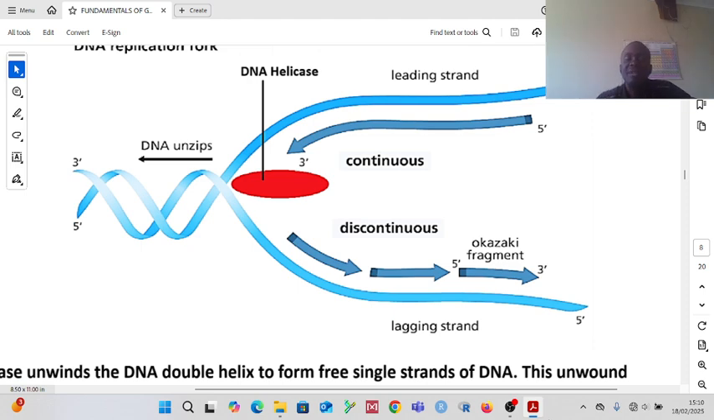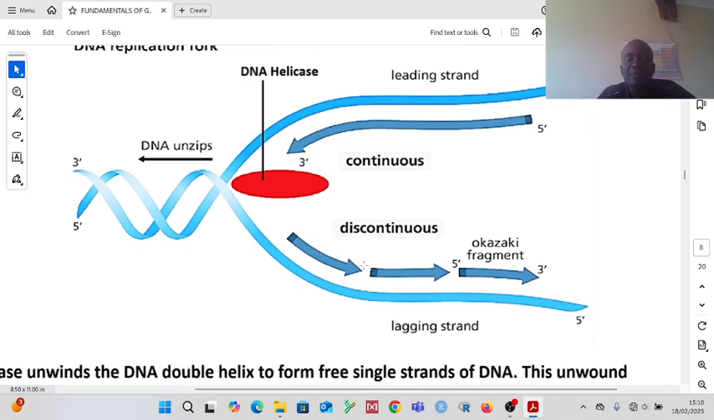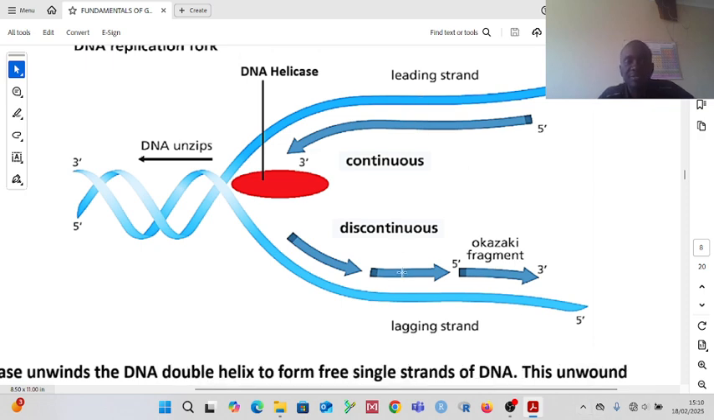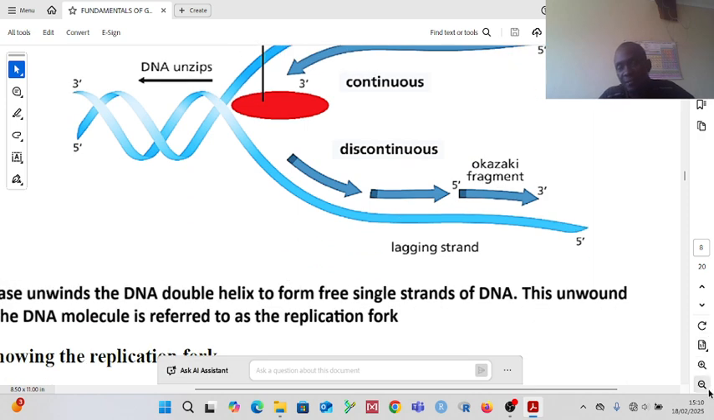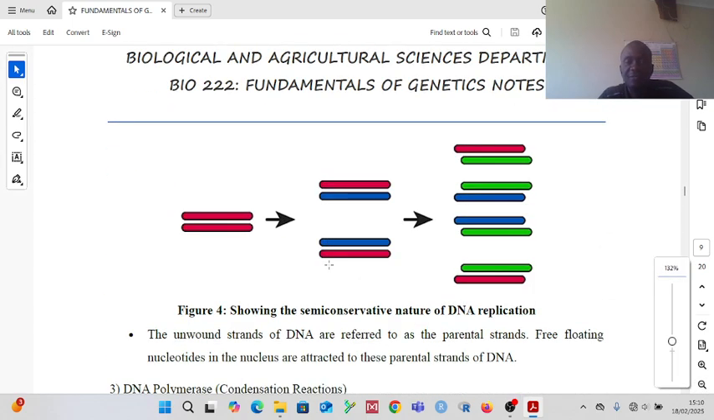So by the time the ligase enzyme is done, we will have joined these fragments together. So you end up with 2 double strands. Replication has completed. Okay? Replication has completed. So that is semi-conservative, because now, like in figure 4,